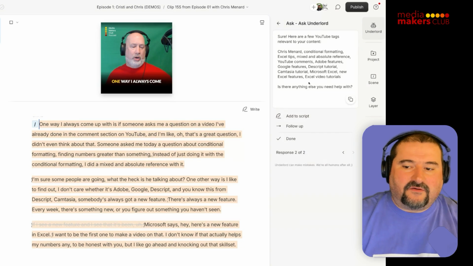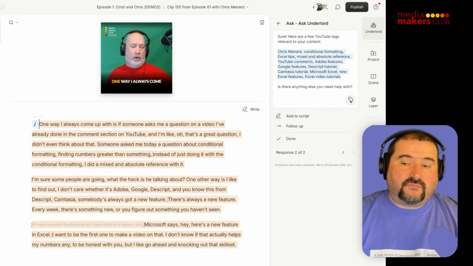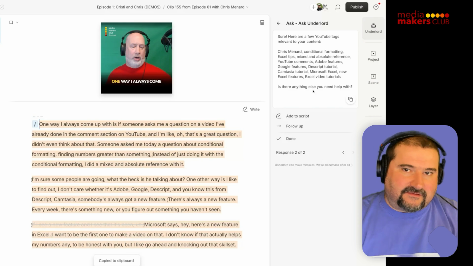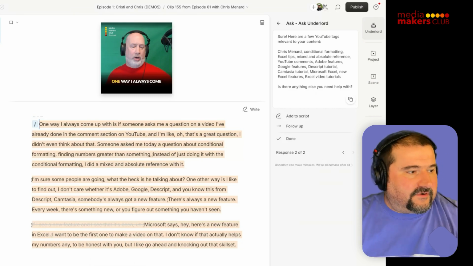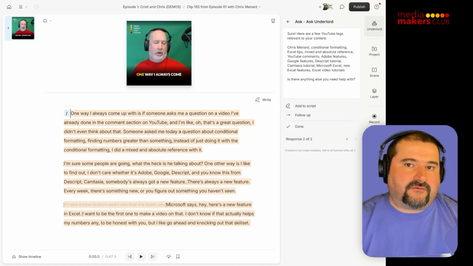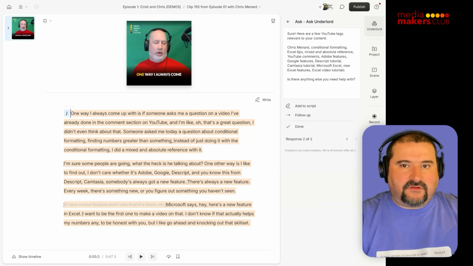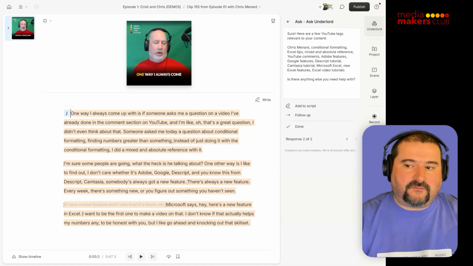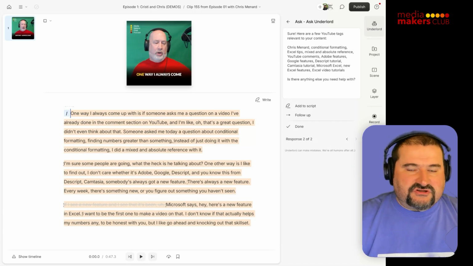So if I go back now to, there's some of the tags, conditional formatting. Yeah, that's true. That's correct. These are good, right? If I can copy these, boom, and I'm done my tags too. If I care about tags, I don't care about tags too much, but there's a custom prompt in here. So that works. That is a really nice use of AI that I've tweaked recently by creating a custom prompt to add to the main prompt and to sort of guide the AI into giving you better results. So I'm no longer tweaking these a lot. I'm just checking them, reading through them maybe, but usually they're great.